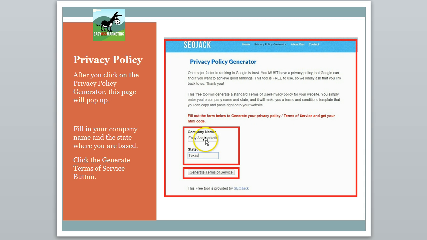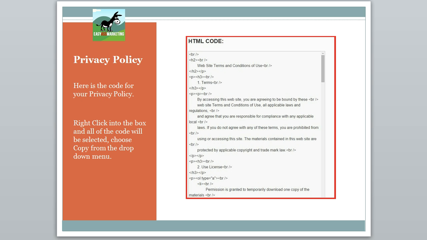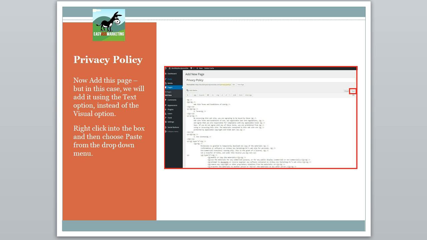Then right here, put in your business name and your state, and then click Generate Terms of Service, and voila, here you get the HTML code for your privacy policy. All clean. It's all pretty good. You can go ahead and read over it if you want to check to make sure it applies to you, but most of it's pretty general, so it's awesome. If you right-click into this box, it's going to copy all of the code. So right-click into it, tell it to copy, and then you're going to go back to Pages, Add New,